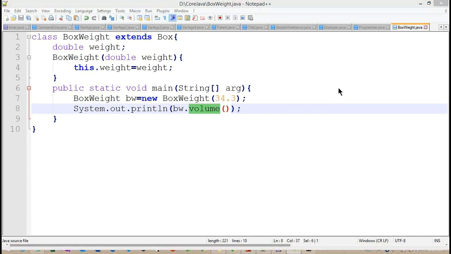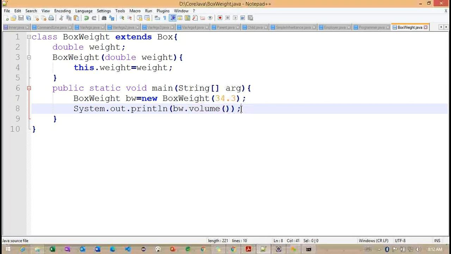The same 34.3 multiplied 3 times, like length, because we are passing one value. So I think 34.3 will be multiplied 3 times: 34.3 into 34.3 into 34.3, like a cube.